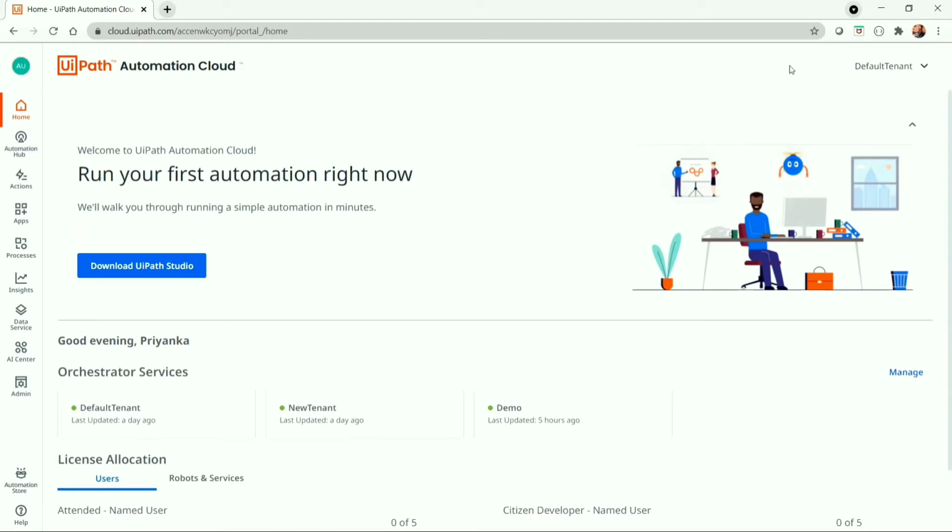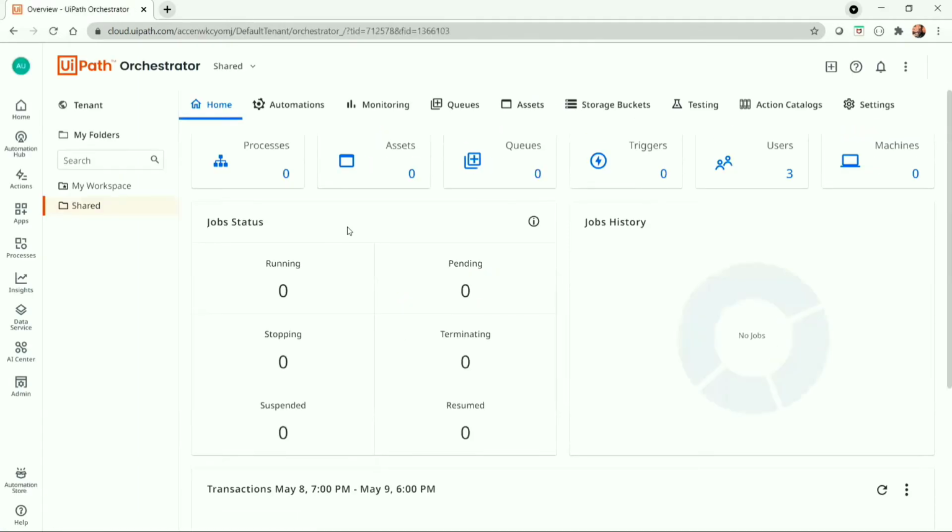To start off, navigate to cloud.uipath.com and sign in with your credentials, and we land on this page. If I select any orchestrator service, let's say the default tenant, you can still see the UiPath product panel from the automation cloud.